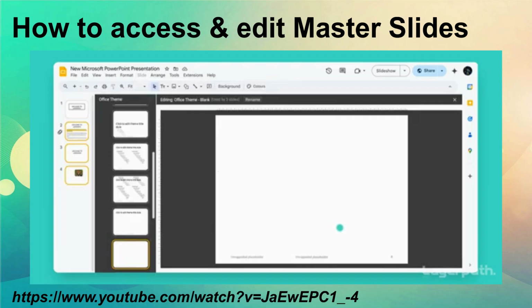In the left panel, click on the topmost slide thumbnail. This represents the master slide. Click on the title text box in the master slide to change the font, size, color, and other text properties